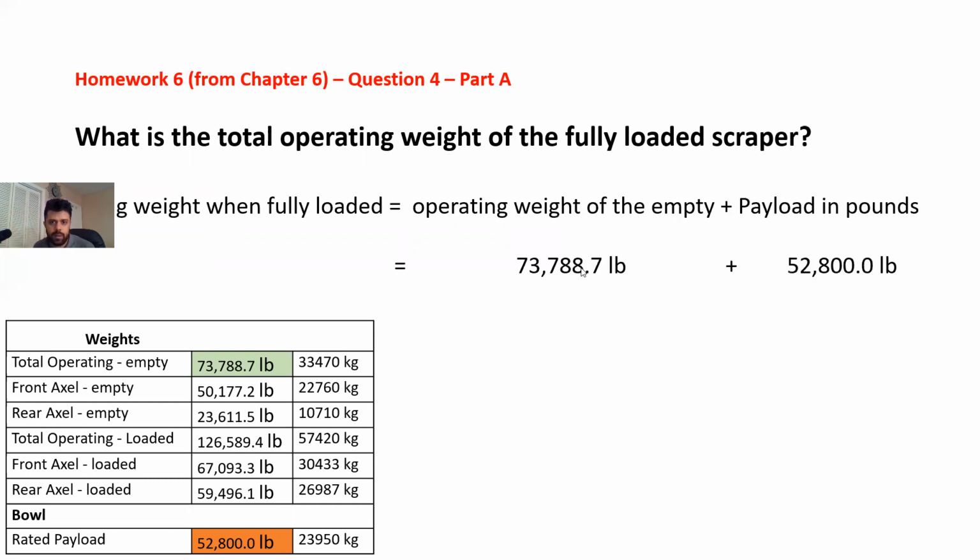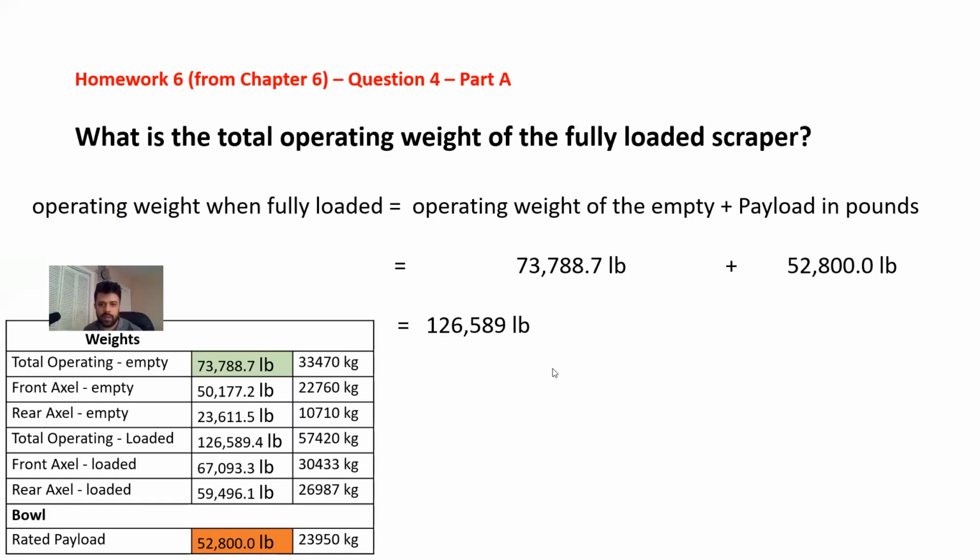So that would be the summation of the total operating weight when it's empty, which means we are excluding the payload weight, and then we add it because we have the number, okay? Other numbers like total operating loaded are not the right choice, because we didn't talk about total operating. The best choice is to consider the empty weight and then add the payload. So the summation of both will be